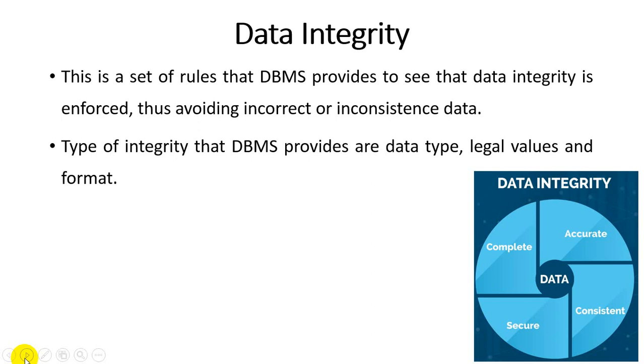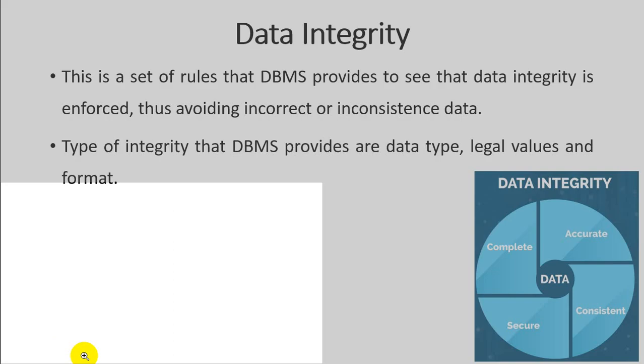I will give you one example. If we retrieve a pin code from users, we take only a 6-digit number. Whatever 6-digit number we get is a legal value for us. And what is a format? Let me give you one example. Whenever we require information like an email address, we provide a validation that the user must enter the email address with @ and a dot. That is one kind of format. From these three things, we manage data integrity in our data management system.